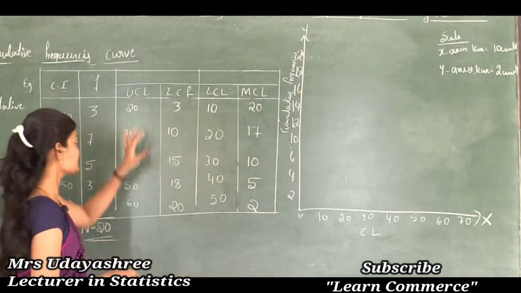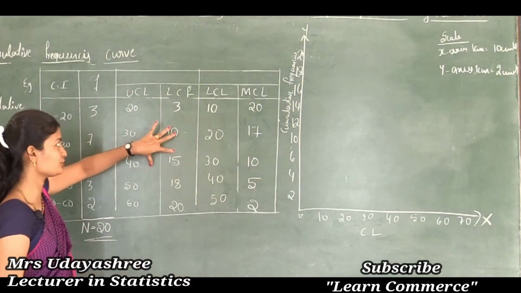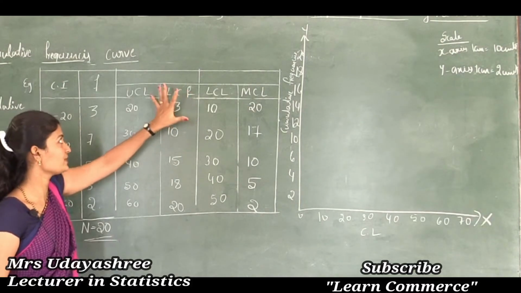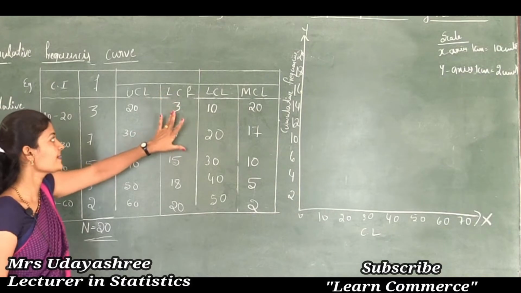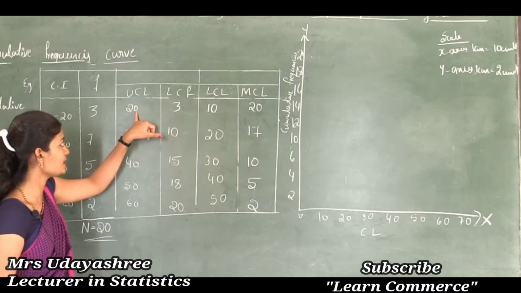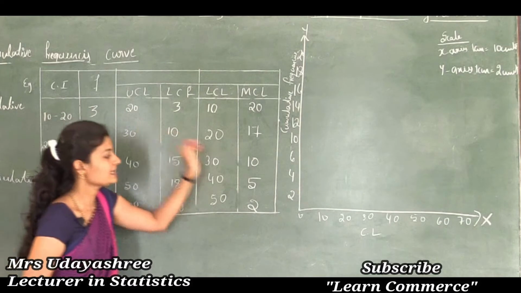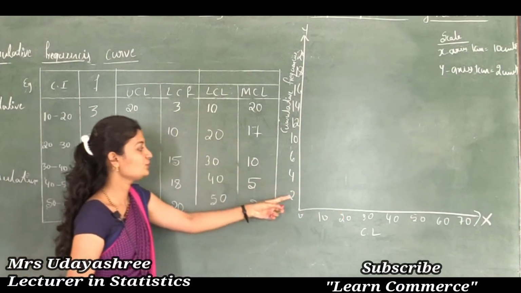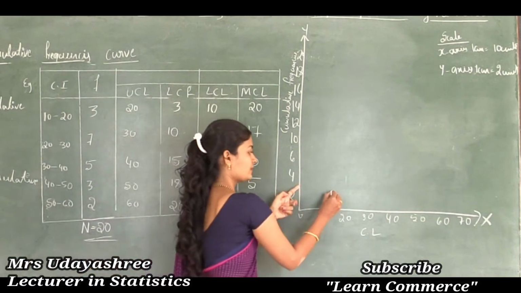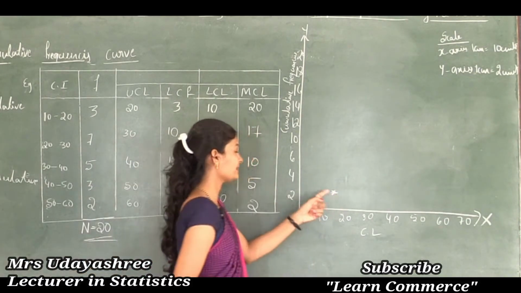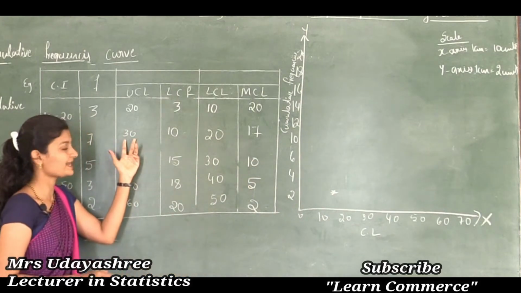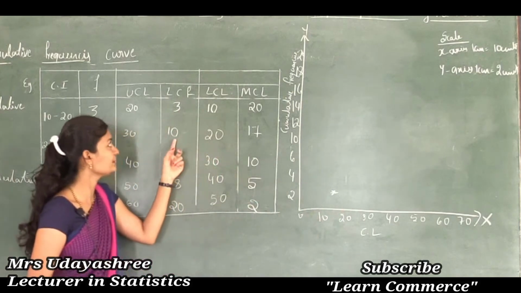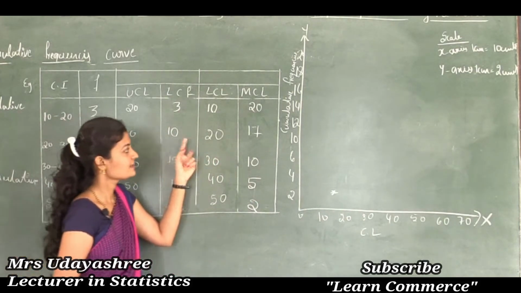So first let's see the first frequency distribution, that is, less than cumulative frequency against upper class limit. Okay, see. So the first upper class limit value is 20. See, 20 is here. For this corresponding cumulative frequency is 3. So 20 is here, 3 comes here. So here I will mark like this. Next upper class limit is 30. 30 is here. For that corresponding cumulative frequency is 10. So 10 is here.